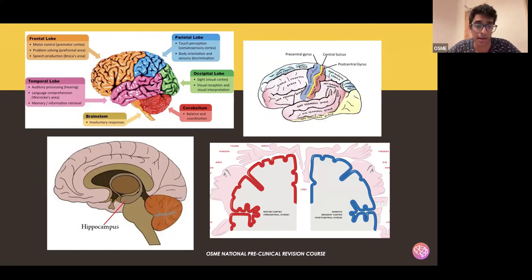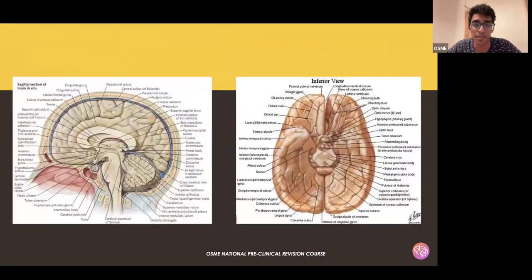And also, I think you should recap the limbic circuit and see how the hippocampus fits into that as well, because that's another common MCQ question. Another thing for us to think about is the basal ganglia, but I'm not going to cover too much on that in this lecture, because there's a dedicated lecture to the basal ganglia coming up later. So just in terms of revision, I'm not going to go through this image with you,